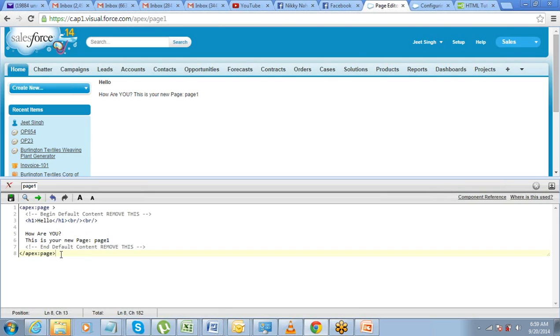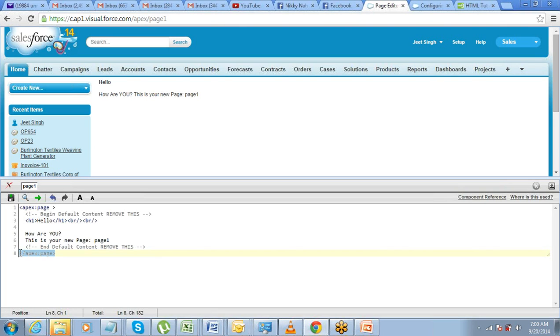Okay, so in Visualforce, these are called components. This is a component. For everything that you want to bring on the page, you have to define a Visualforce component. So a component can be anything. A page can be a component, a button can be a component, a form on the page can be a component, an input field can be a component, a link can be a component, right?